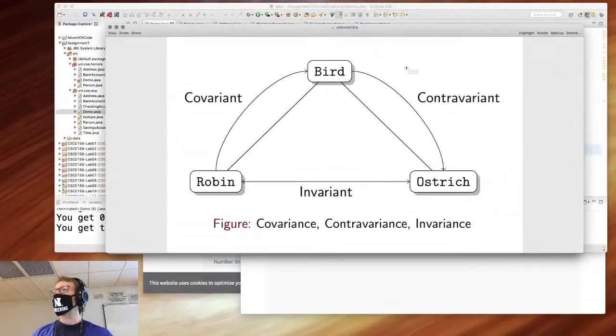Should I be allowed to create a generic bird? Can you do that? Should I be allowed to genetically engineer a bird? That doesn't make any sense. You can raise robins. You can raise ostriches, right? You can raise specific types of birds, but there is no such thing as a bird. This actually gets into the philosophical